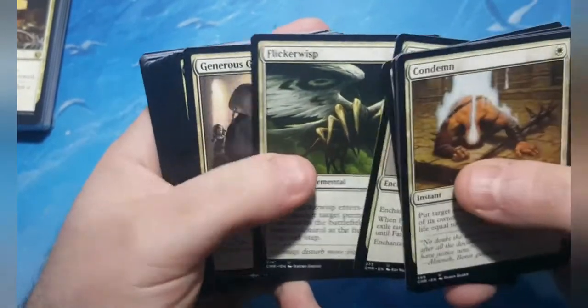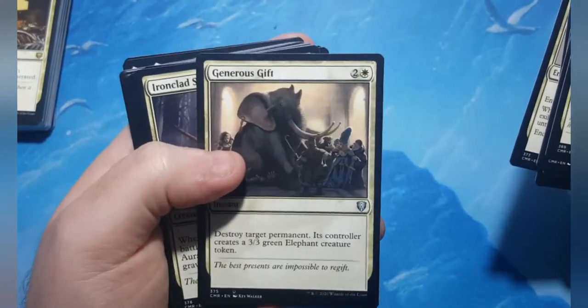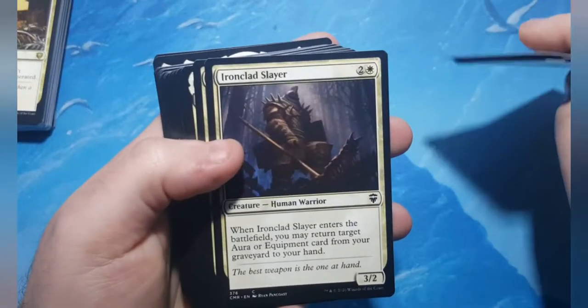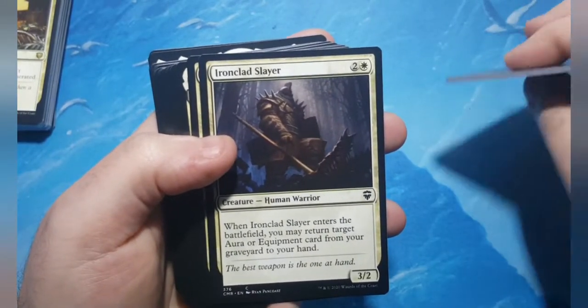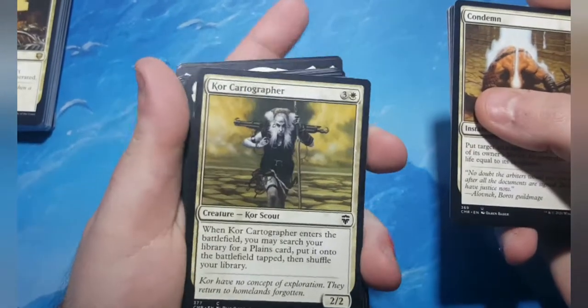Flicker Wisp. Generous Gift. A lot of people play this in their decks. I'm not a fan of it. I get why, though, but I'm just not as big a fan as some people. Ironclad Slayer. Core Cartographer. White has...